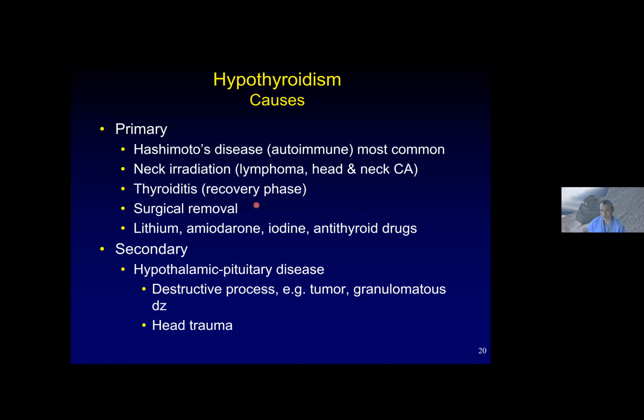The causes include Hashimoto's, which I just mentioned, but there are others. Those are neck irradiation, for instance, in patients that have a history of lymphoma and head and neck cancer, inflammation of the thyroid, like thyroiditis, surgical removal of the thyroid because of goiter or thyroid cancer, and drugs, which I mentioned before. And then the causes for secondary hypothyroidism, that is hypothalamic or pituitary disease, would include destructive processes such as tumor, granulomatous disease like sarcoid, TB,